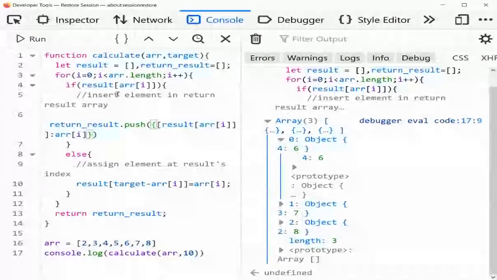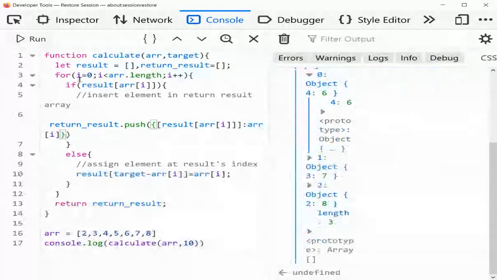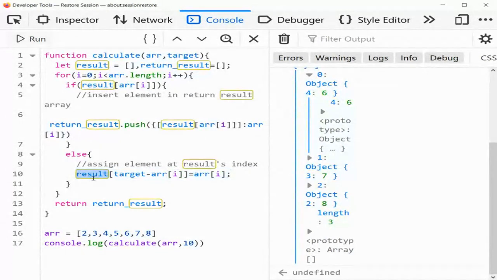Priyanshu, in the first step, we are checking whether it is there or not. You are right that at first, since result is empty, we will not have that. So it's okay. We'll go to the else part and insert that. What is the issue here? Hariharan, in the else part, we are pushing some element into the result,